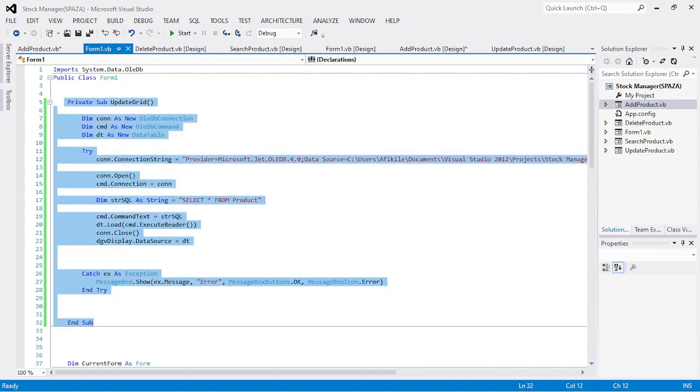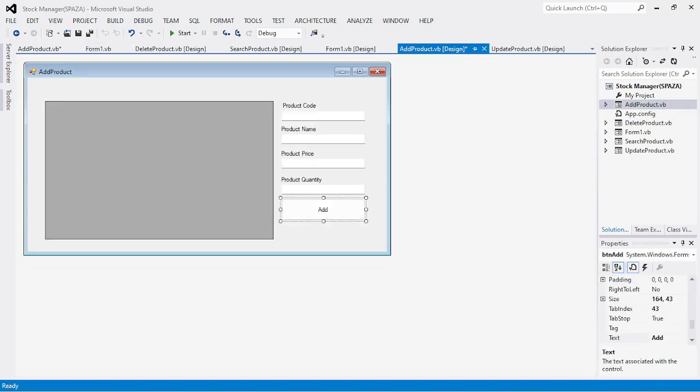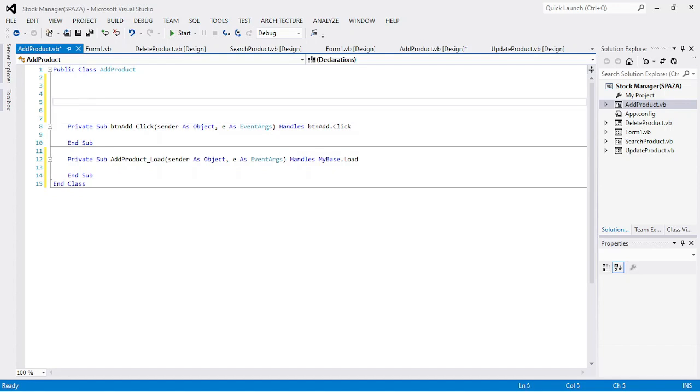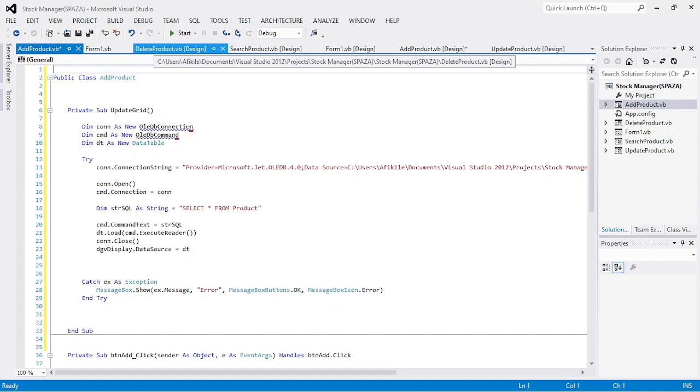So we just copy it, and go to this form, double click this form. On top of this form we paste it, and also on top of the name of the form we always write import